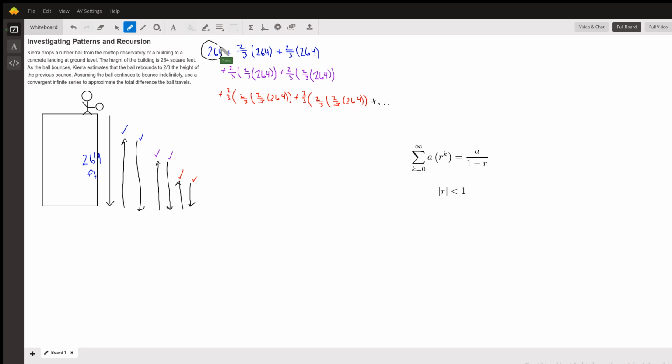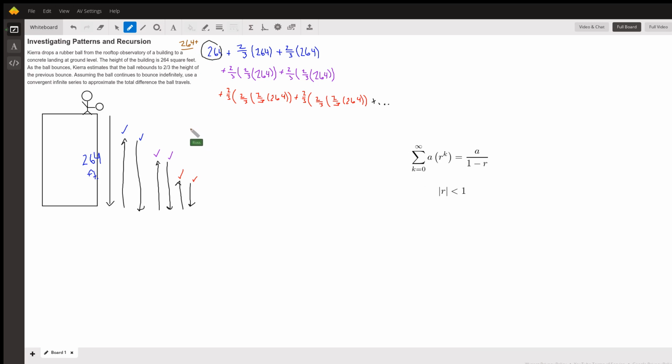But for the ease of it, for now, I'm going to pretend that 264 also has a partner. So I'm going to add on a 264 up here, just so that pattern will apply to every number. And I just got to remember at the end to take that extra 264 out. But because of that, if I add on that extra 264, then what I can do is I can rewrite